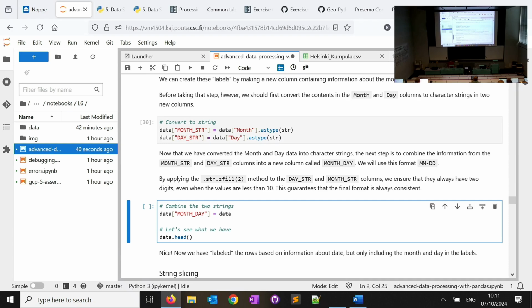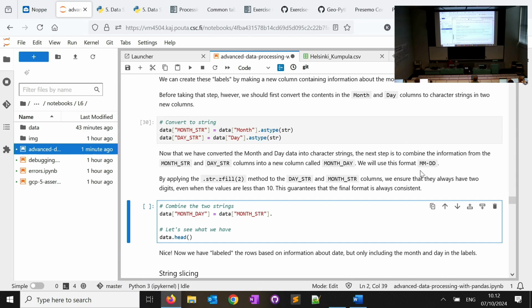Then I'm going to use the values from the column I just created, which was month_str. So I want to do one trick there. I want it to be looking nice.